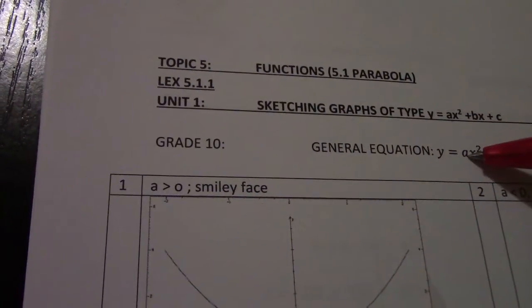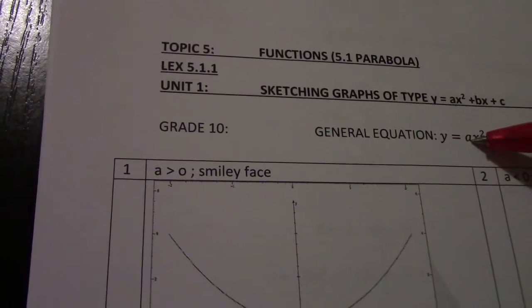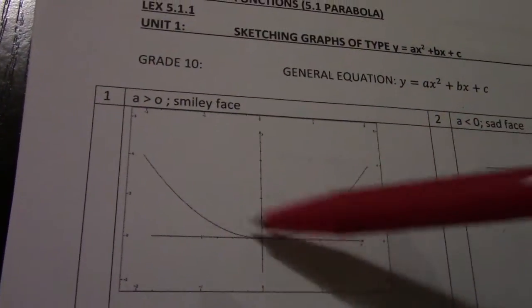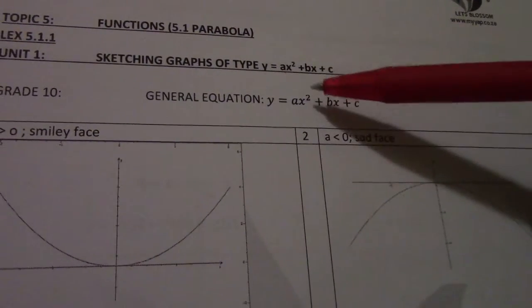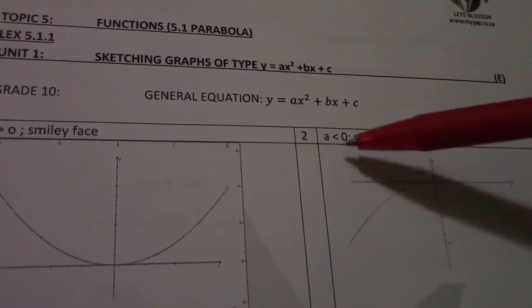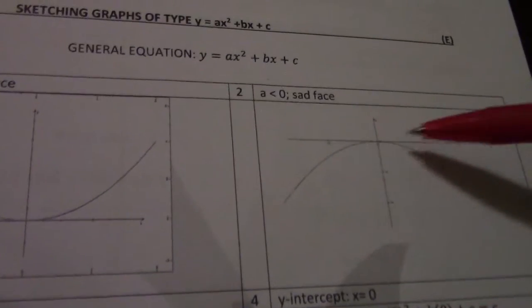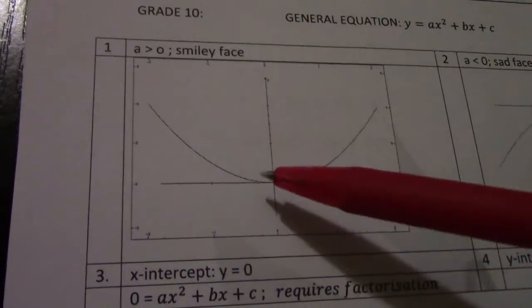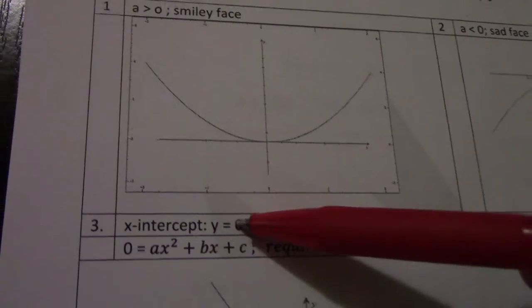If that a value is positive, like positive 2, 1, 7, 10, my parabola must always be a smiley face. If that a value is negative, meaning minus 1, minus 2 or so, my parabola ends up being a sad face. Right? X-intercept: to find my x-intercept, where it cuts the x-axis, I always have to make y